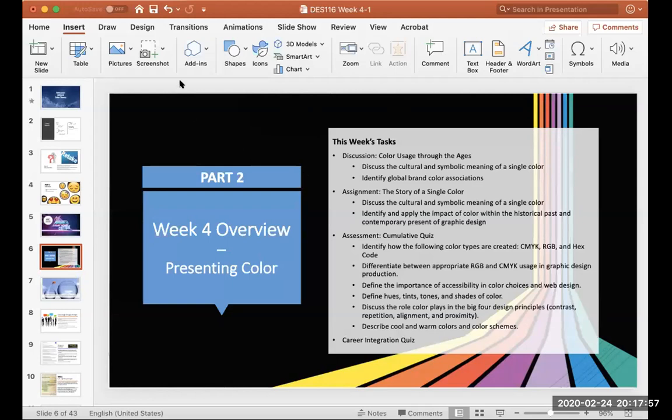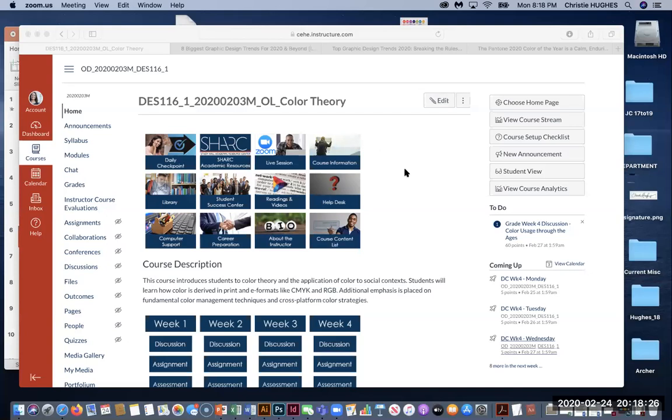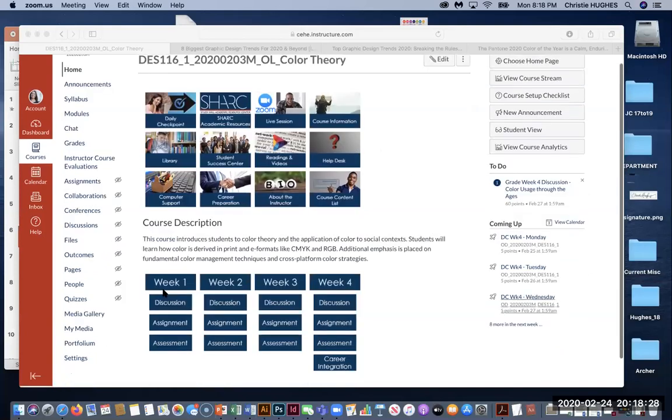And so this part 2 is really an overview on this week 4's expectations. We'll start out by talking about the discussion, color usage through the ages. We've been talking a lot about color in the cultural and symbolic meanings. And so I'm going to bump over here, do a new share for the whole desktop so that we can easily navigate here. All right, there we go. So in this week's discussion,